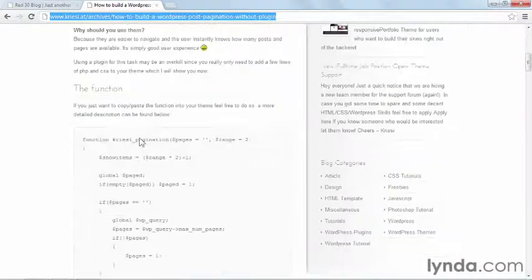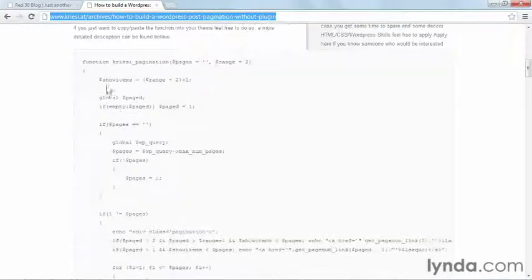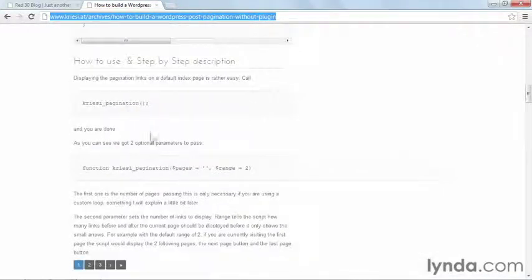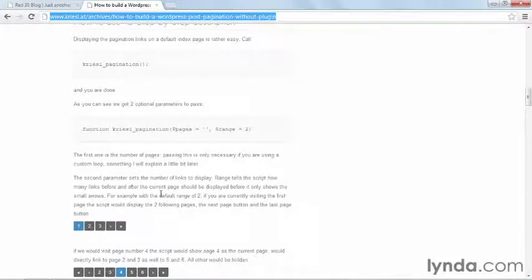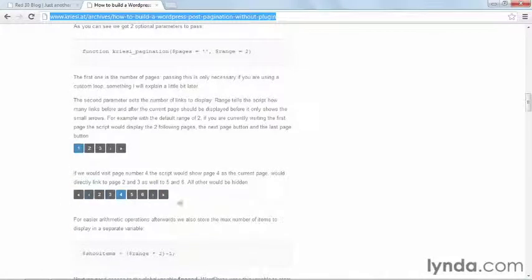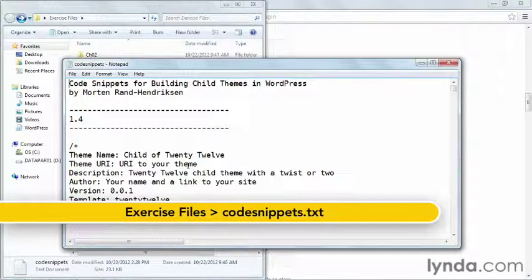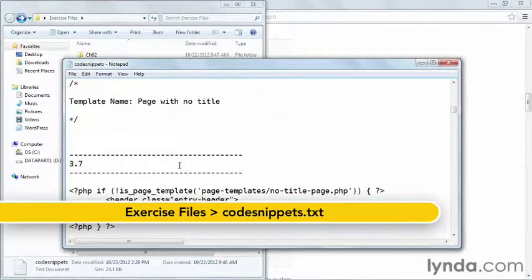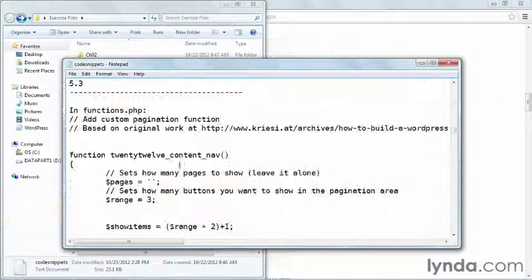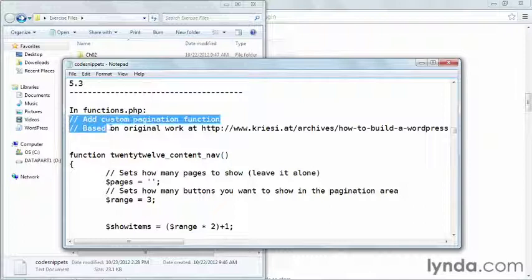If you read this article, you'll see the explanation of how the function works with code examples, and also how the style works. And you can see how this all fits together, so you get this nice navigation menu. What I've done for this course is I've supplied you with an alternate version of this code specifically for the 2012 child theme that you can copy out of the code snippets file and paste into your functions.php file. So we'll go to the code snippets file, scroll down to this chapter number, 5.3, and here you find the function. So I'll copy it all out,